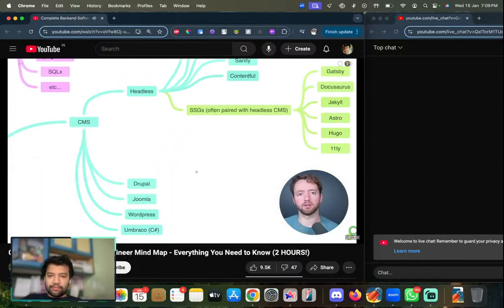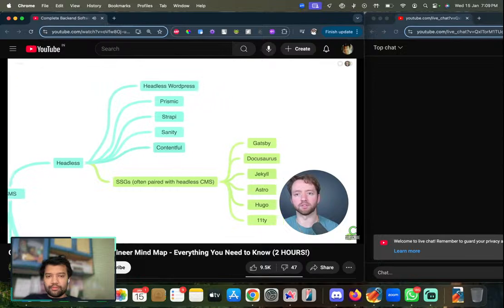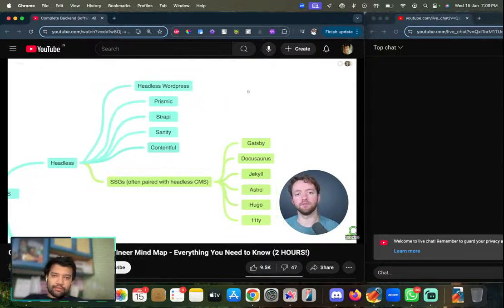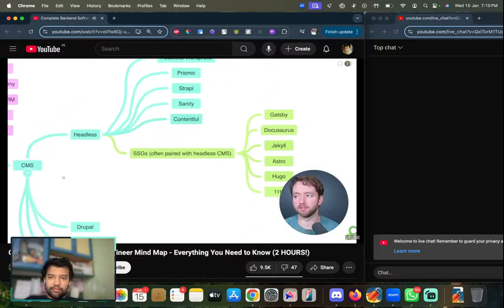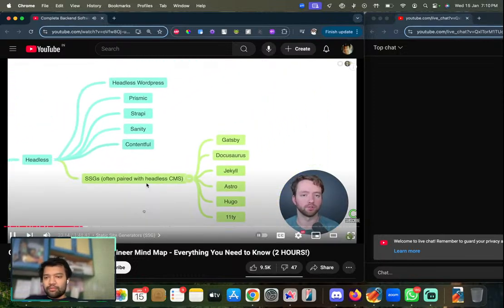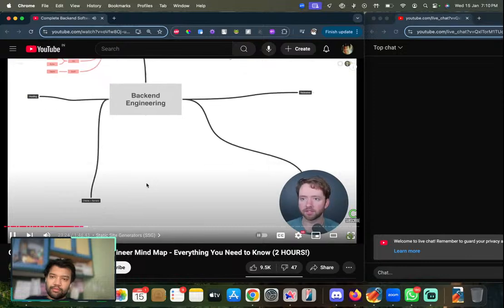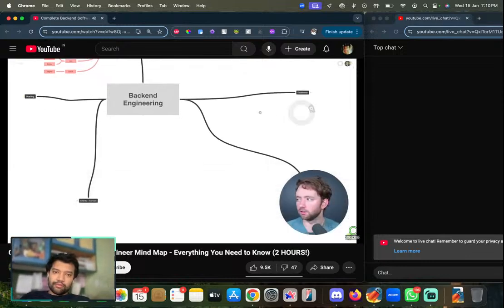So you can imagine, say you're familiar with WordPress. What if we had WordPress, but instead of automatically showing that in a WordPress front end, we just had a headless WordPress that delivered the content through an API. Then you could use one of these front end tools to consume that API and display that information on a page. So we're not going to get into the details of all of these different CMSs and static site generators. You can do additional research if you want in this, but we still have a lot of sections to go through. So next up, we're going to take a look at